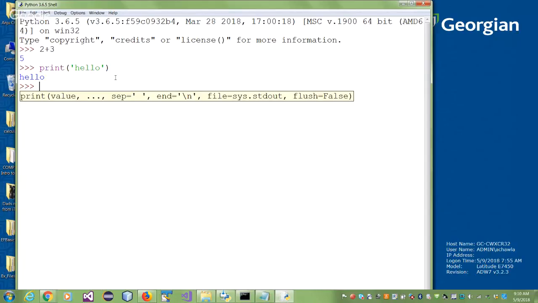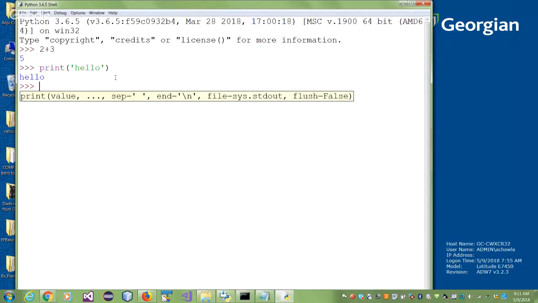So what are these other parameters? Separator, sep is separator, end, file, flush. When we learn more of the print function, we will learn about them. So the name of the function is print. The parameters come in parentheses. Notice there is an opening bracket, the round bracket, they are called parentheses, and there is an end one at the end. And then it has some parameters. A function could have 0, 1, 2, 3, as many parameters as needed, and they come in a particular sequence.